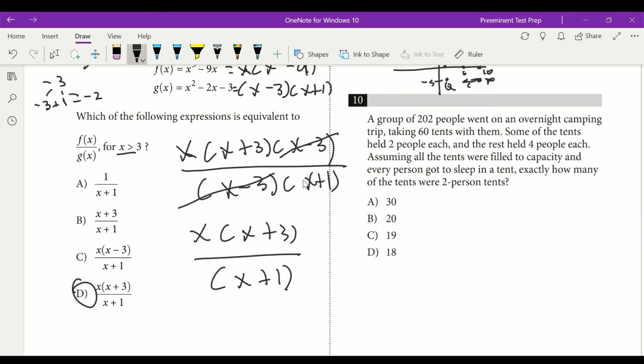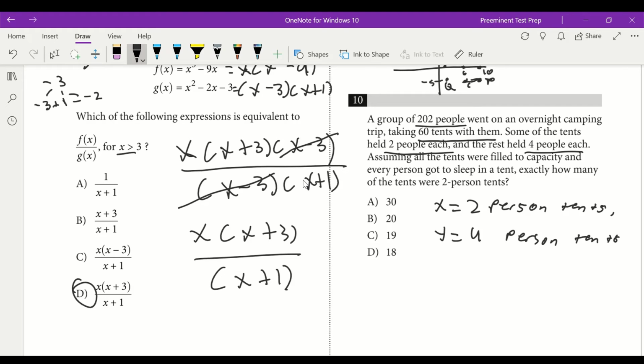Question 10. A group of 202 people went on an overnight camping trip taking 60 tents with them. Some of the tents held 2 people each. We're going to call x the 2-person tents, and the rest held 4 people each. We're going to call y the 4-person tents. Assuming all the tents were filled to capacity and every person got to sleep in a tent, exactly how many